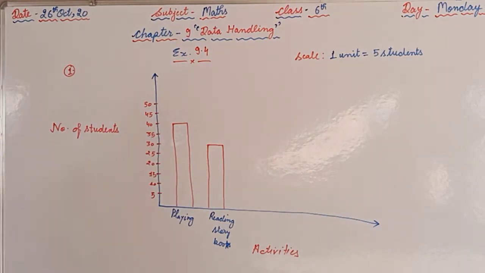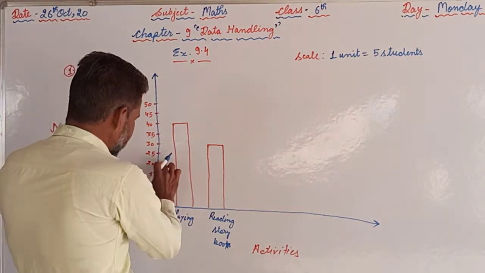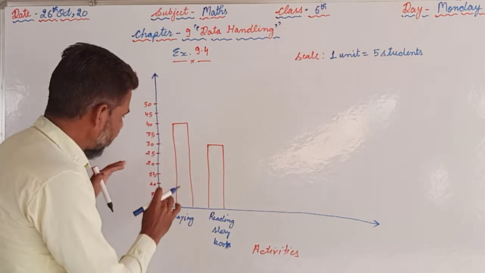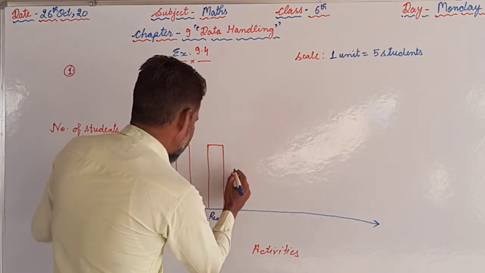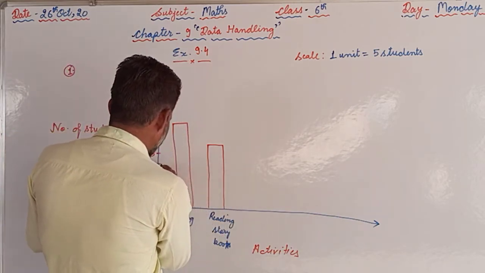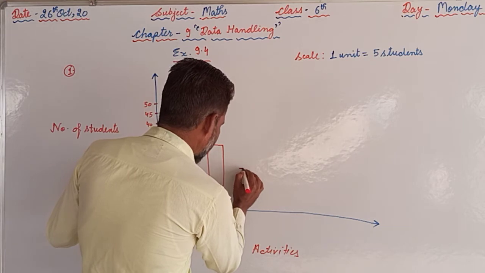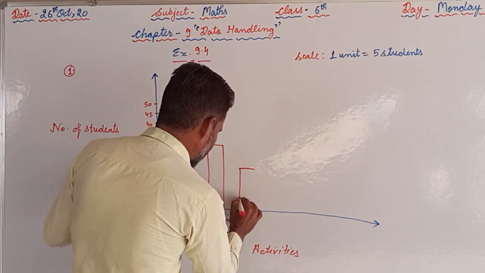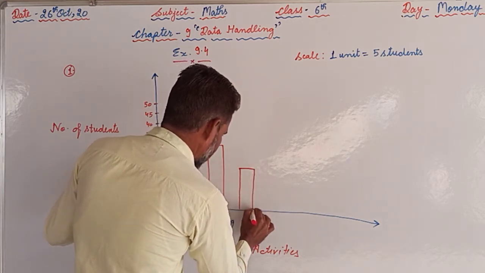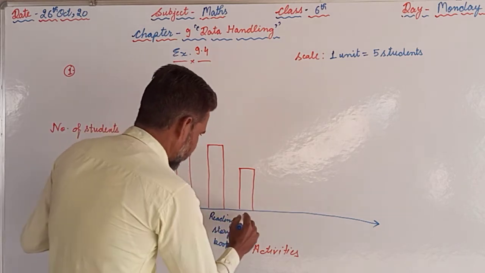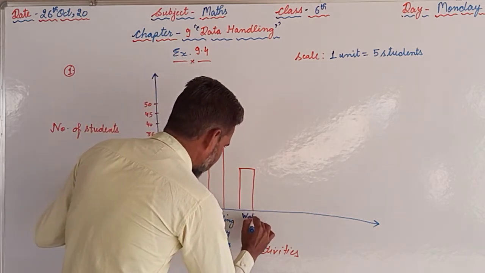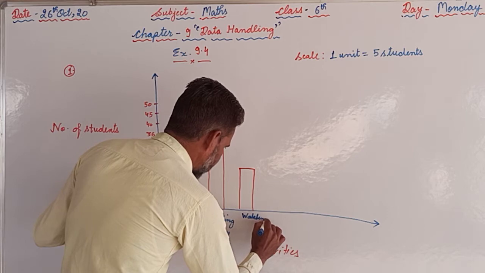Now the next one is watching TV. The students who prefer watching TV during their free time are 20. So 20 is here. We are supposed to keep in our mind the vertical scale, that is here the 20. So 20 we will take like this and we will draw the vertical column, that is watching